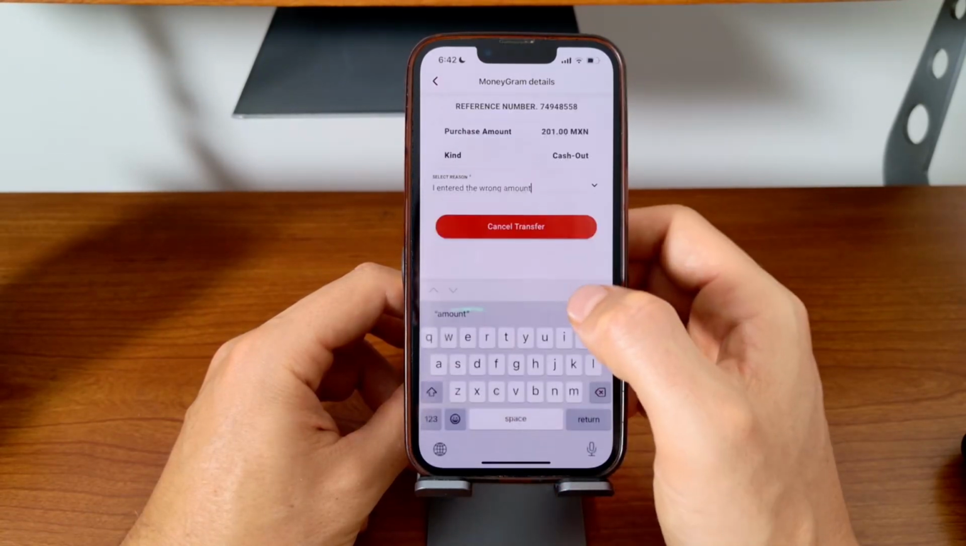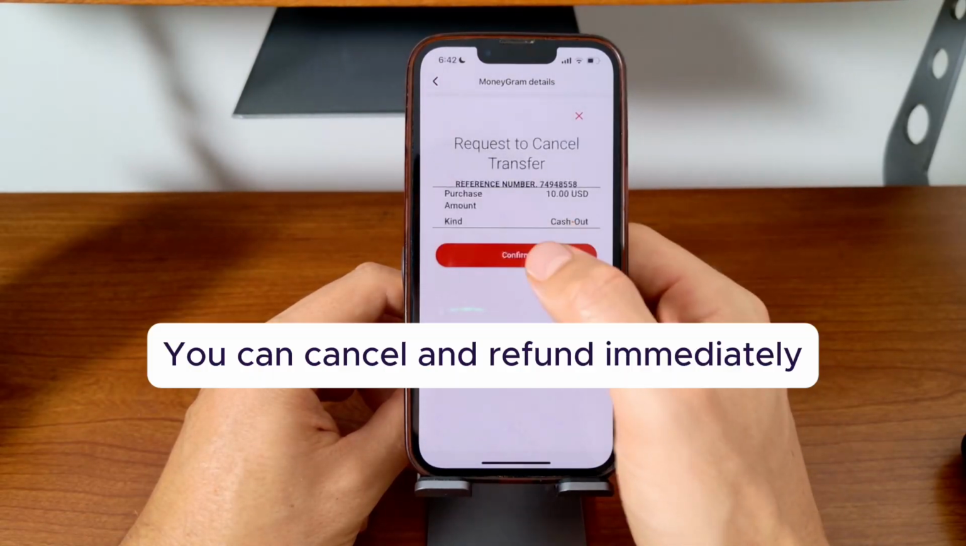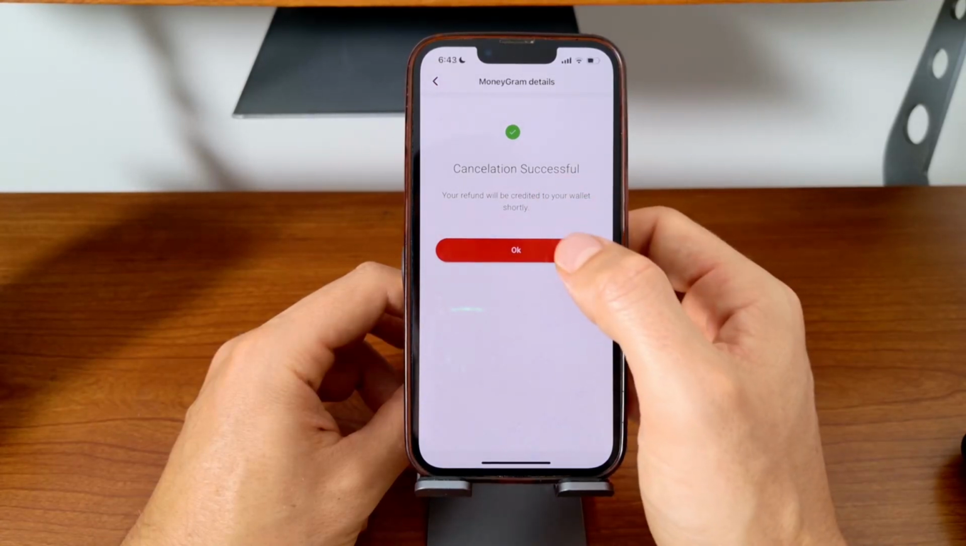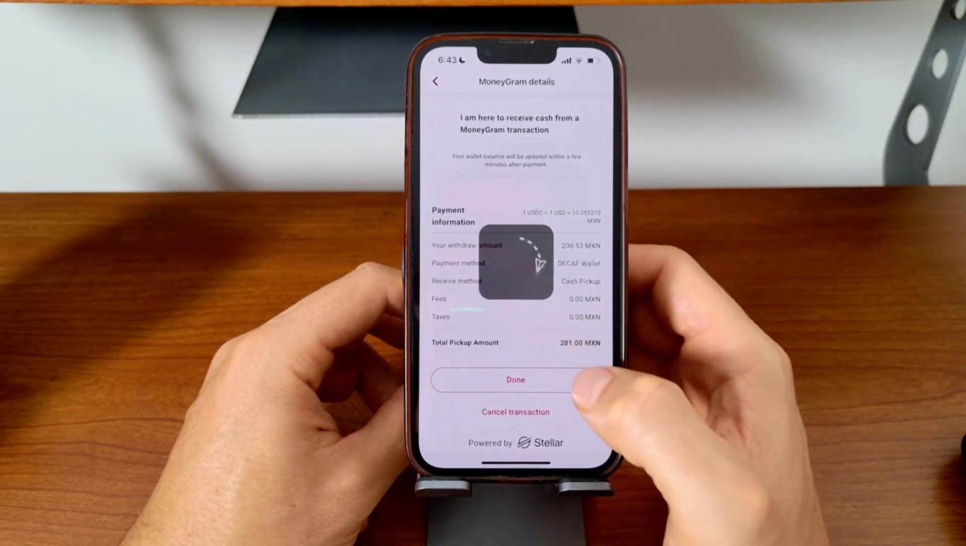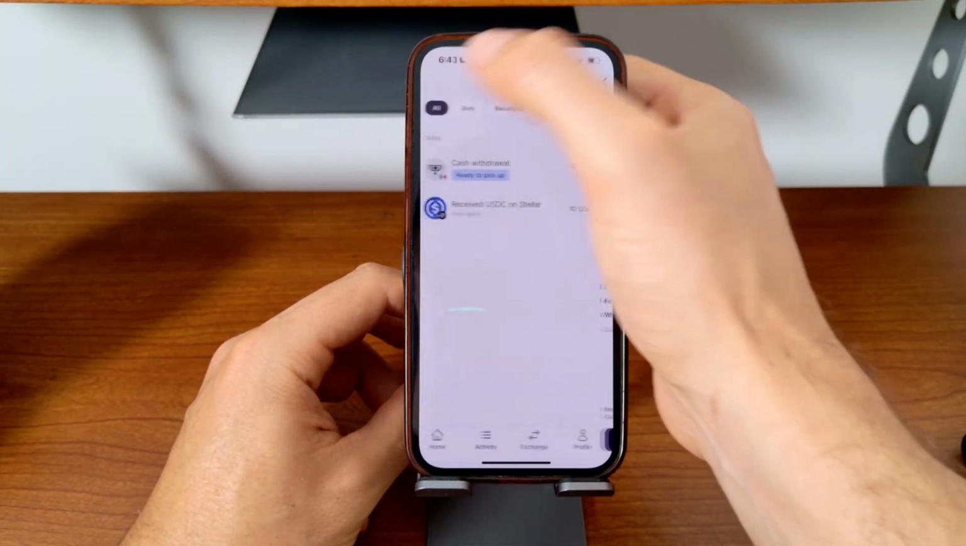You could say, oh, actually, I entered the wrong amount. I didn't want to do the whole amount. I wanted to do only part of it. And then you can just confirm that request, and then the cancellation is successful. Okay. And just click Done. If I go back to my home screen,